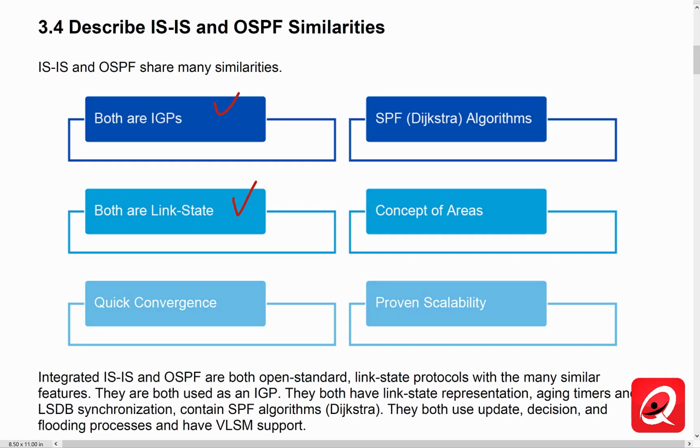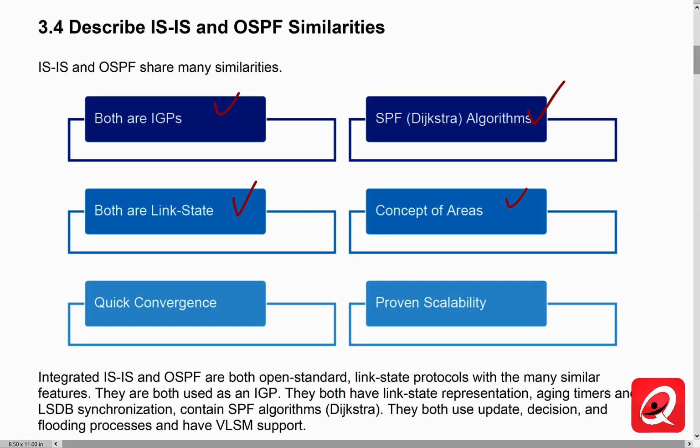Both of them are link state, which means they both run the shortest path first algorithm, meaning Dijkstra's algorithm. They both use the concept of areas, although in OSPF, obviously the area concept is based on interface